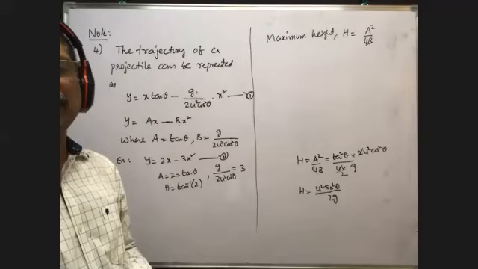With respect to the point of impact, that means whenever the oblique projectile reaches the point A, at that instant, what is the angle of elevation of this point P? That means you join this point P and the point of impact. This line makes an angle, say beta, with the horizontal. Then alpha and beta are the angles of elevation of the position of the oblique projectile with respect to the point of projection and with respect to the point of impact. Then what is the relation among theta, alpha, beta?